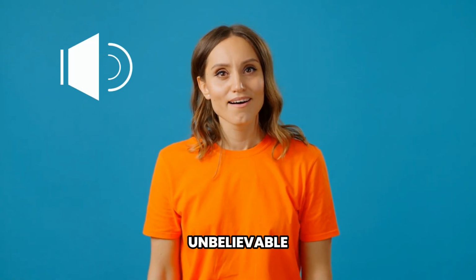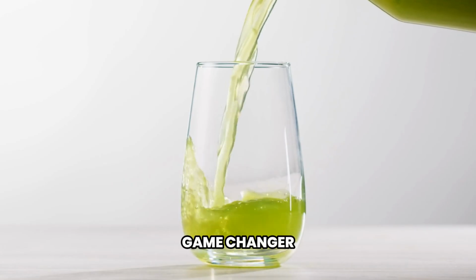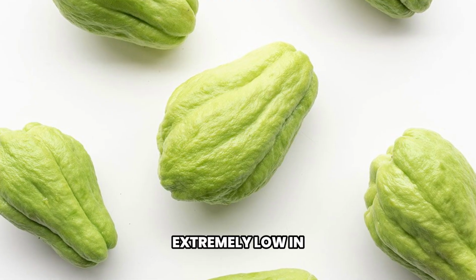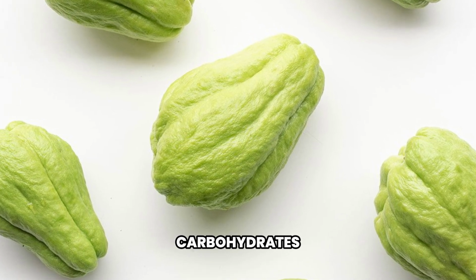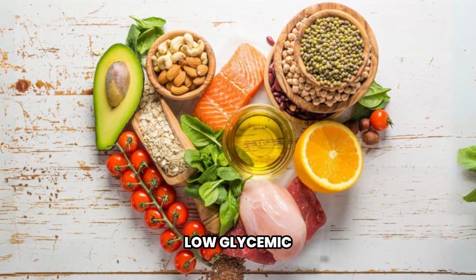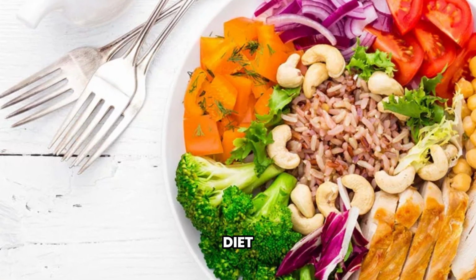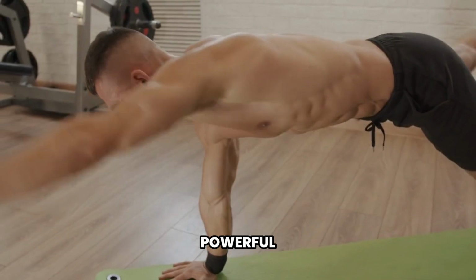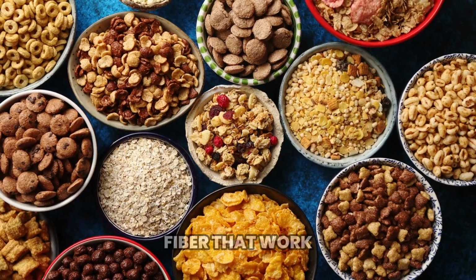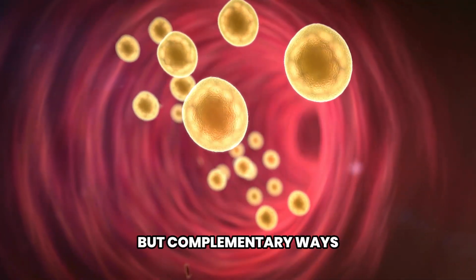It might sound unbelievable, but chayote juice could become a game changer for people trying to manage their blood sugar levels. Let's break it down. Chayote squash is extremely low in carbohydrates, only about 6 grams per cup, making it a smart choice for anyone on a low glycemic or diabetic-friendly diet. But here's where it gets really powerful. It contains both soluble and insoluble fiber, 2 types of fiber that work in different but complementary ways to support